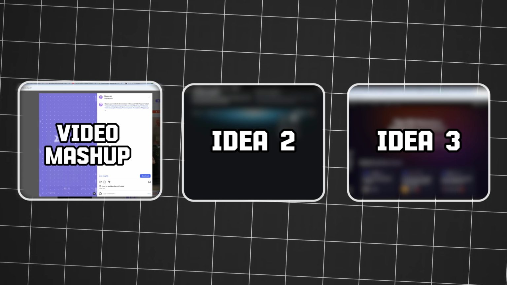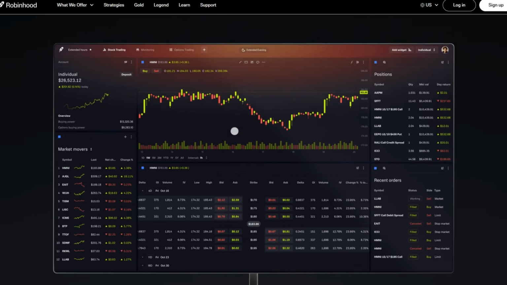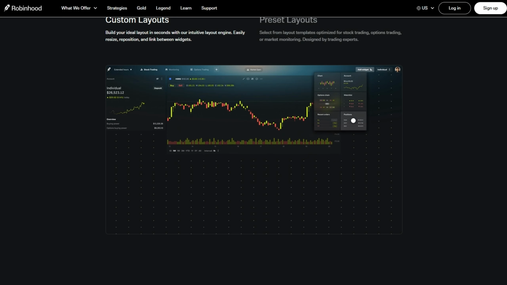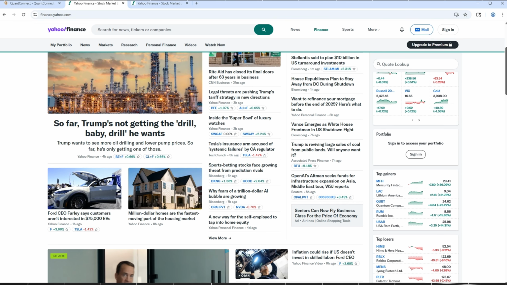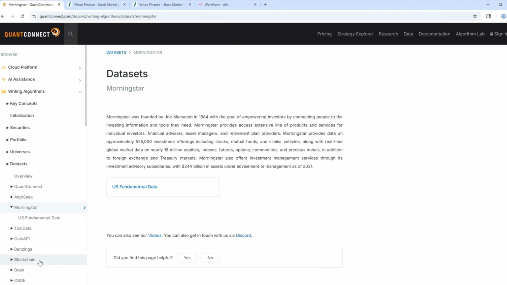So the next idea is a trade signal generator. If you're a programmer dabbling in trading as a side hustle, using n8n can give you some advantage in the market. Since n8n is good at handling scheduled workflows, tasks like scanning predefined datasets are a perfect fit for it, such as stock